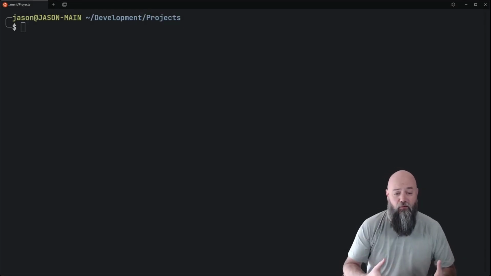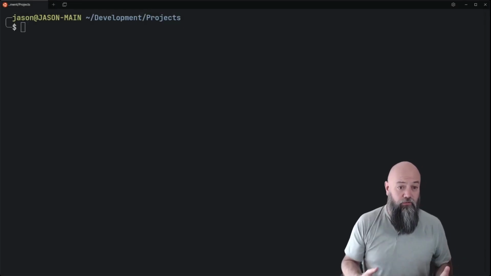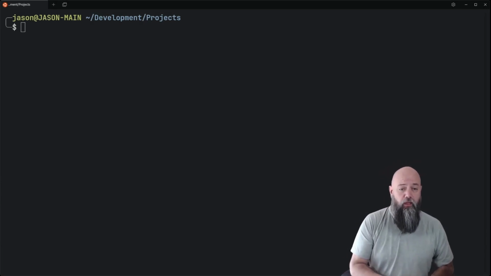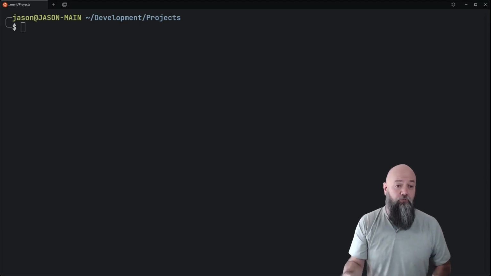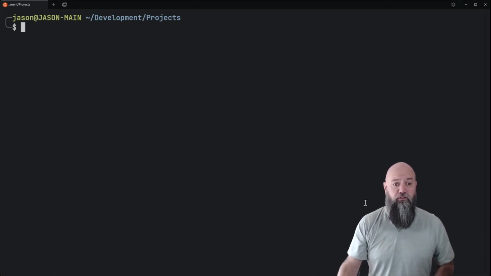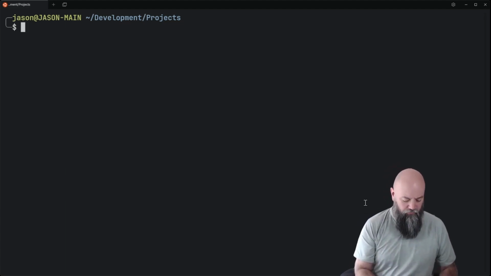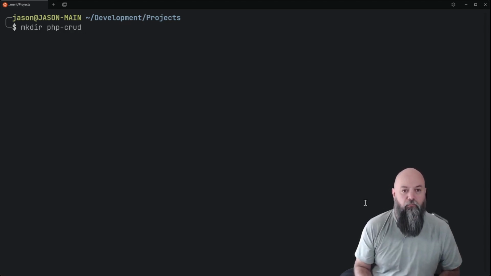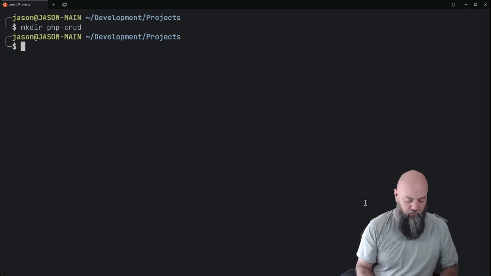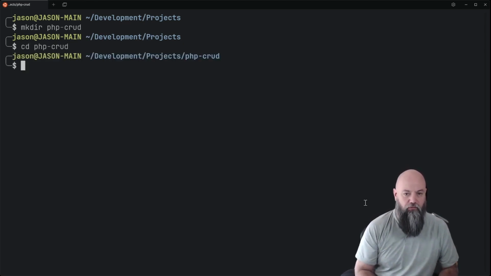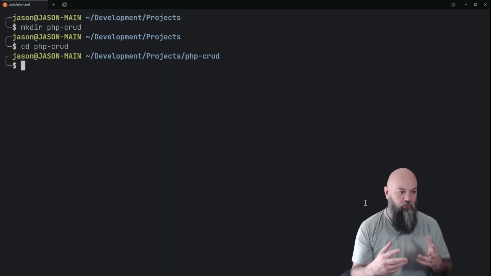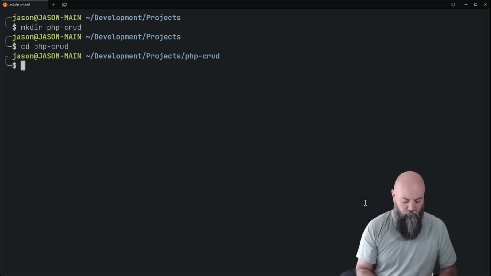Okay, so now we're going to create the directory structure for our project. And you can see here, I'm actually in my development/projects folder. You can put it anywhere on your machine that you want. You just need to remember where it is. And I'm going to create a directory that we're calling PHP CRUD. So we'll create that PHP CRUD directory, and then we're actually going to go into that PHP CRUD directory. Within this directory, we're going to create two different directories in here. We're going to call one